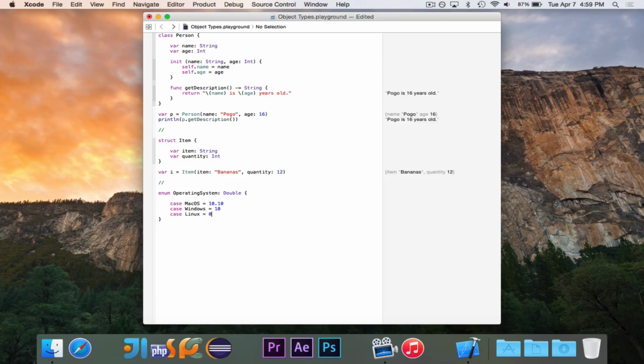In the case of Linux, I don't know. I mean, if you're talking about the Linux kernel, I'm not going to embarrass myself by taking a guess, but there are tons of different versions of Linux, so I don't know. Let's just make that -1. Okay, so if we want to use these